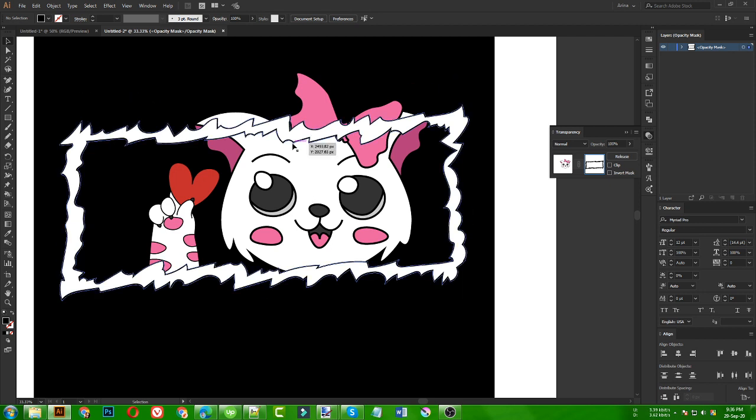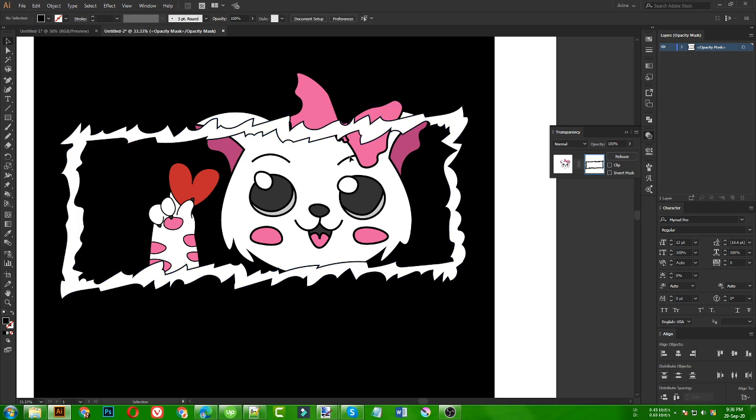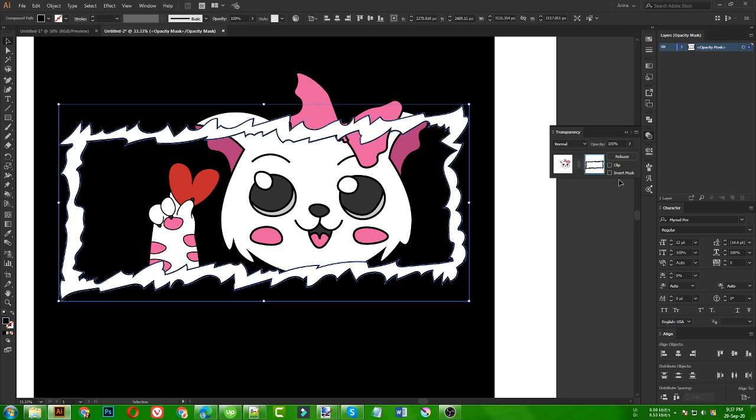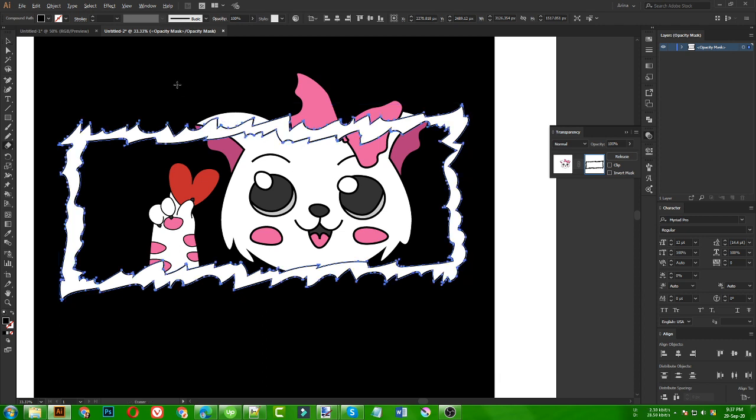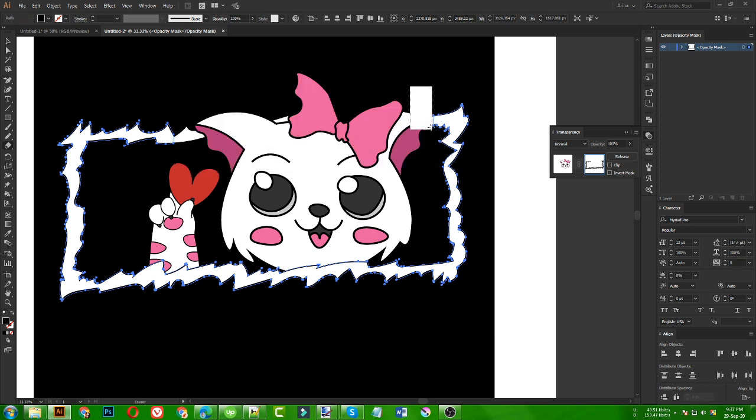So I am going to select this shape here. You can see I am inside this transparency panel, so I am only selecting that black shape inside here. I cannot select anything from this part here because I am inside the transparency. I am only clicking here, and you can see this black box here. I can only select that box. If I select it, this box is being selected, and I am going to use my eraser tool, pressing Alt to delete it like this, as I don't need this to be overlapping my head here. So just so that you can see, this is how it is deleted.